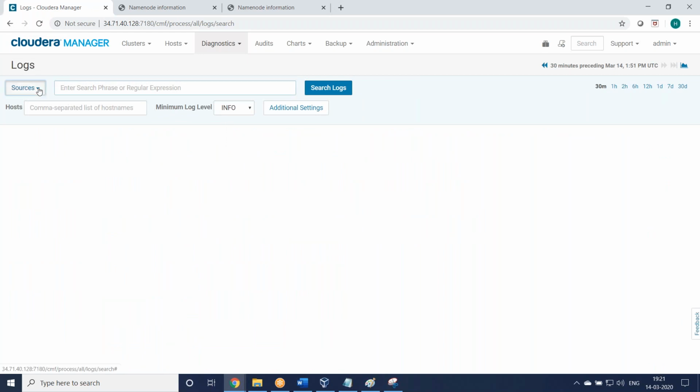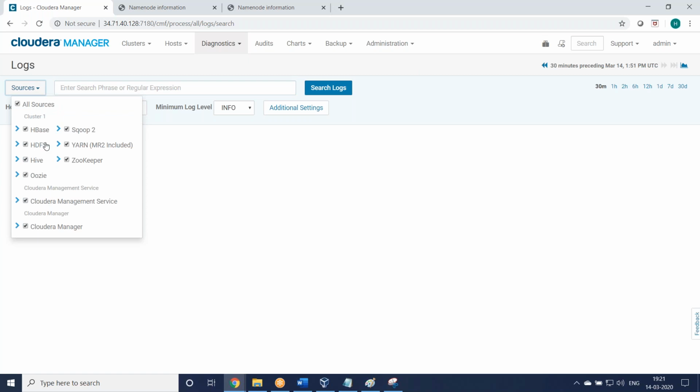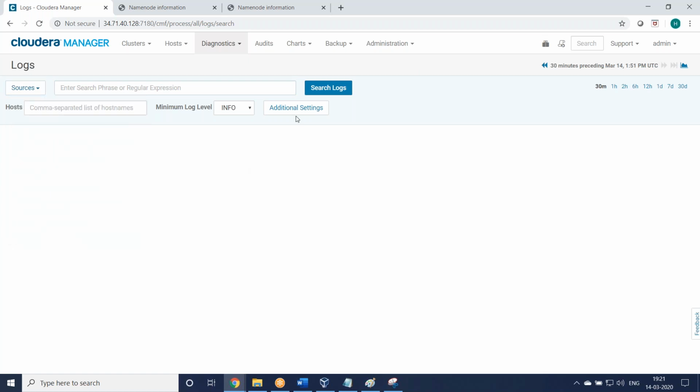So source, all sources, whatever services we have. So here you can search logs, click on search, and set the maximum log level, trace, debug, warning, error, fatal, anything. So search logs.